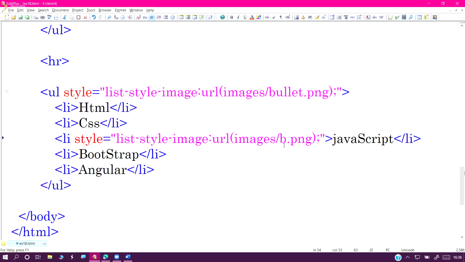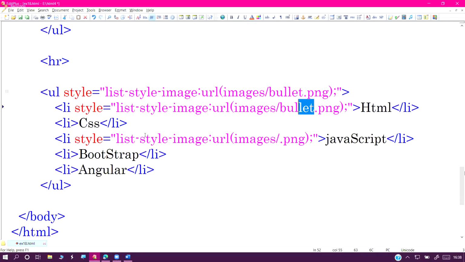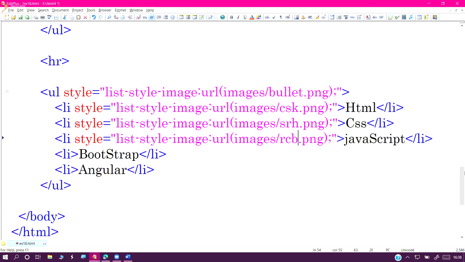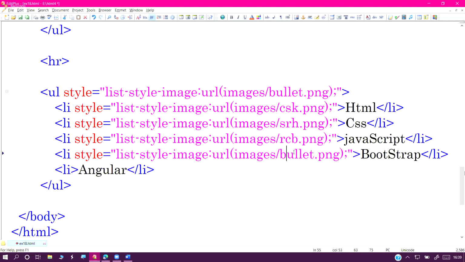Now I need a different symbol for every point, sir. Possible, sir? Repeat the same thing for HTML. So csk.png, the second one CSS, srh.png, next, our team shortcuts are available. Bangalore shortcut, what? RCB, RCB.png. Next, mi.png. Next,